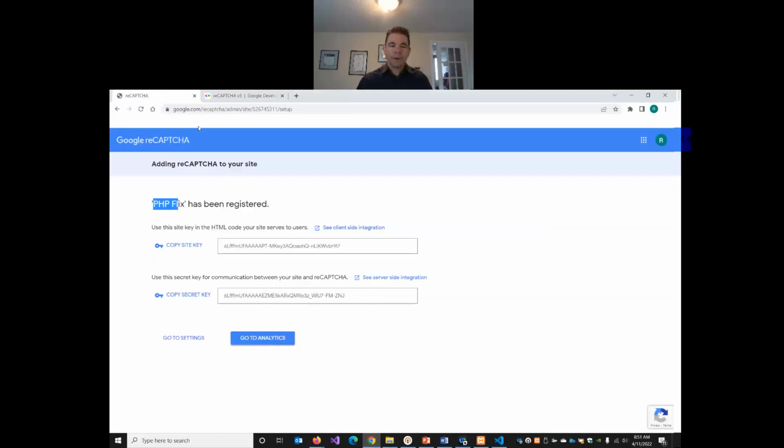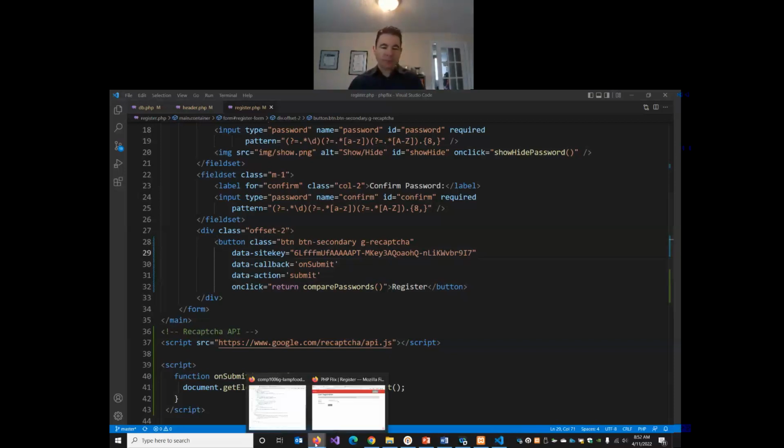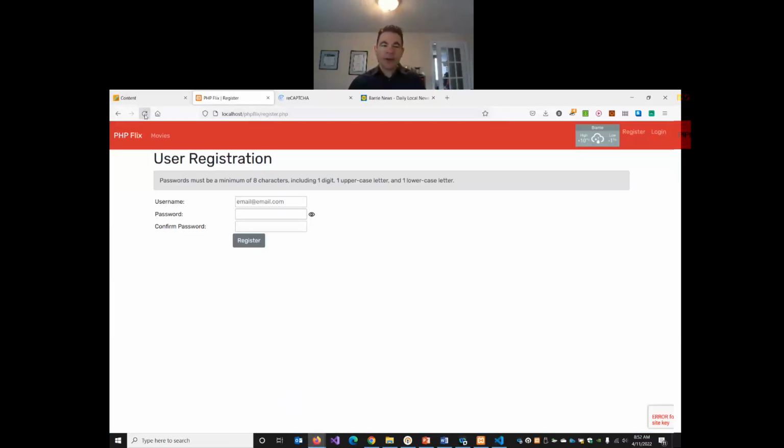So if I go to my first tab here, here's my site key. I'm going to copy this. And I'm going to paste it in here. I'm going to take out the text. This is just a placeholder, this Recaptcha site key. So I'm going to paste in my own site key here. And now if I refresh,